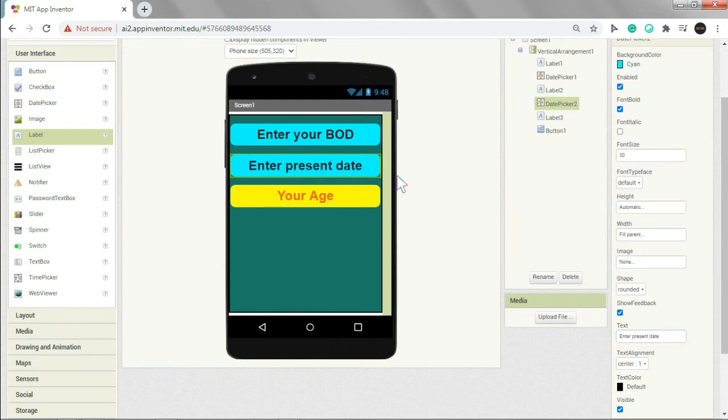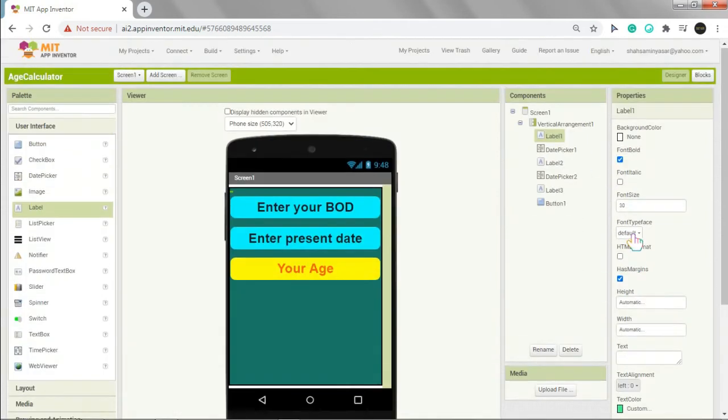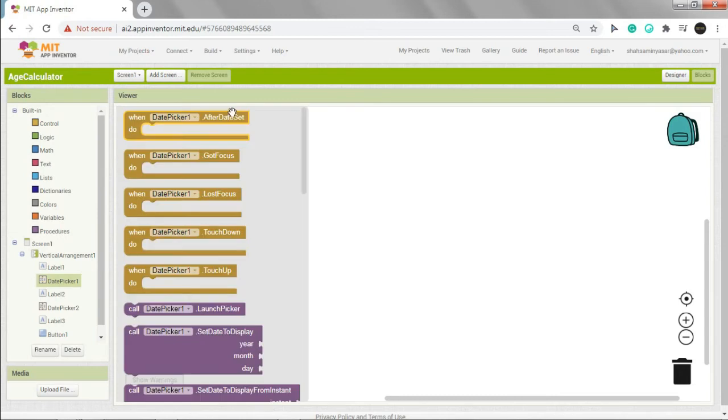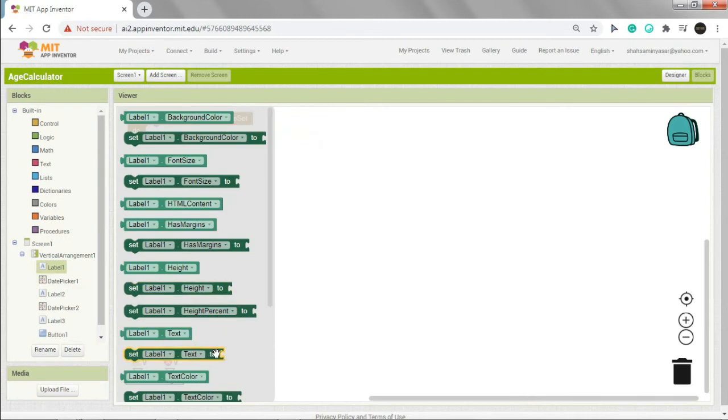Okay, now let's go to the coding section. Everything is good here. Now let's go to the coding section. When the date picker 1 date is set, meaning after the date is set, then we have to set label 1 text to